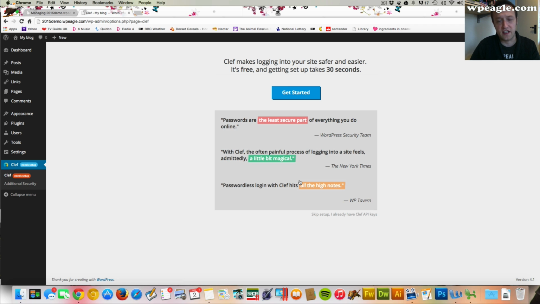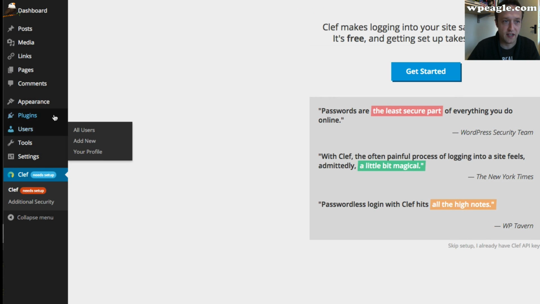Now with this installation, it installs this plugin Clef. I'm not sure what it is. I haven't used it yet, so ignore that for now. And what we're going to do is we're going to create a new user, because the one it automatically creates for you is a bit difficult to remember. So if you go to Users and then Add New,